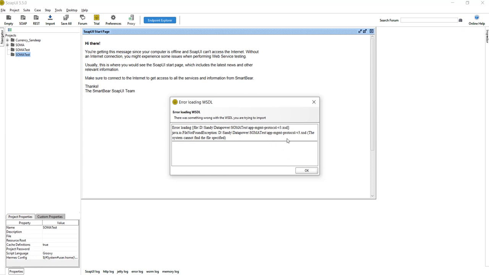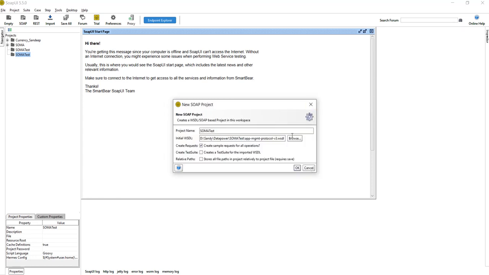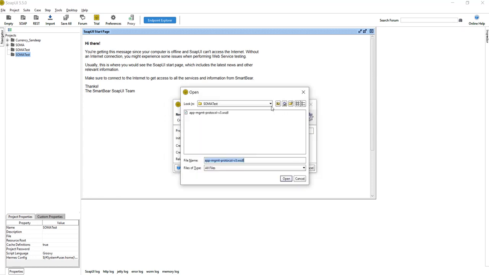Okay, it's asking for a file, some file is missing, no problem. I have one more file for that, so here I'll select from here. Let me check why it's not showing that file.